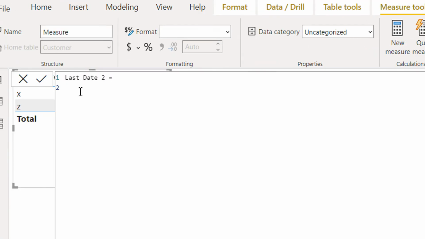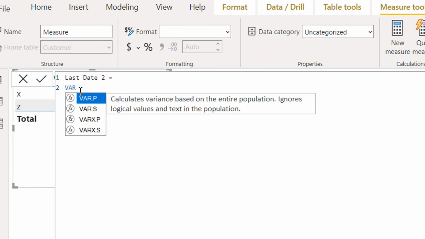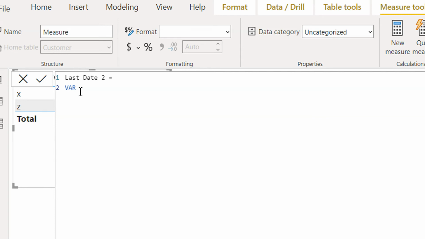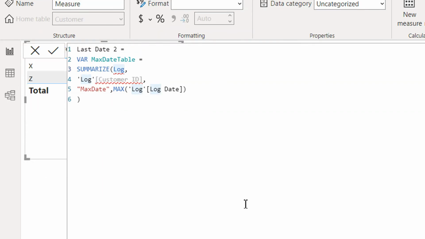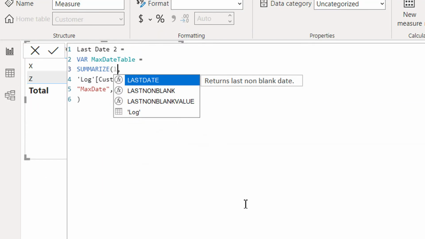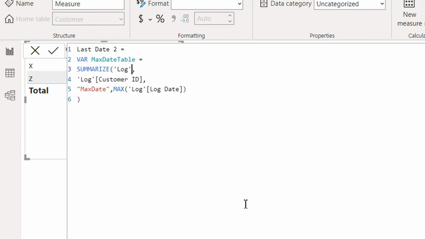We need to use one variable, VAR, and the name will be max date table, is equal to the SUMMARIZE of log and then again the max date. Okay, that's fine.